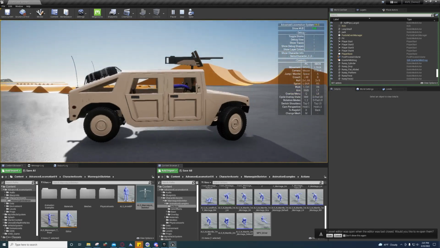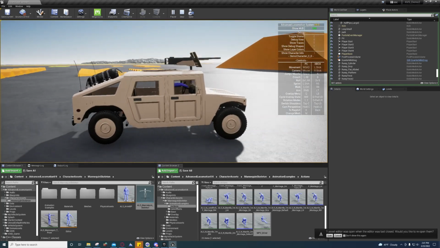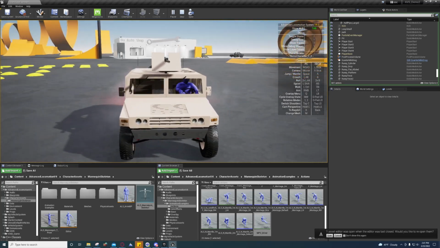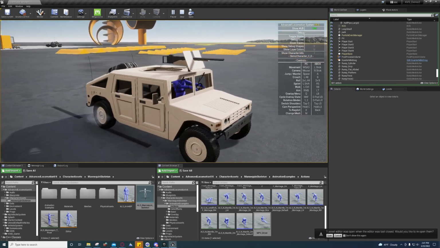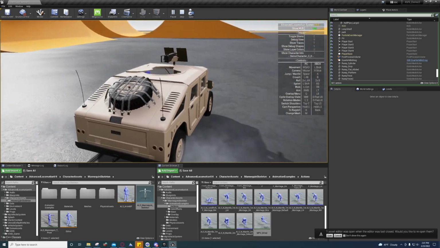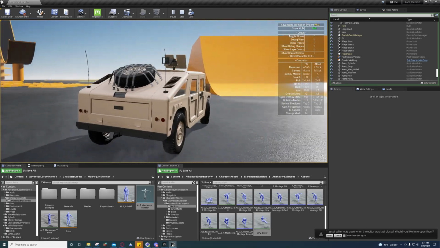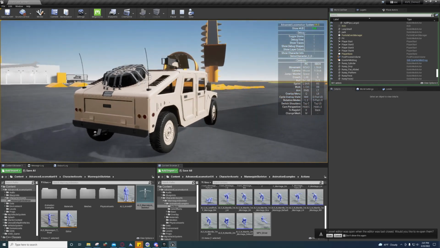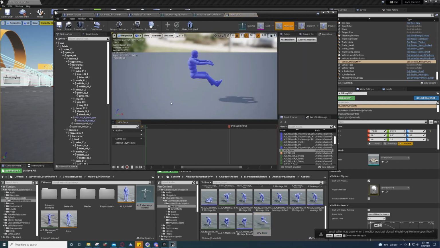And if you want, what you could do is you could modify the animation to where it looks better. Just look for modifying animations inside of Unreal. I'll give you a brief breakdown of how it works though. If you open this up, what you want to do is